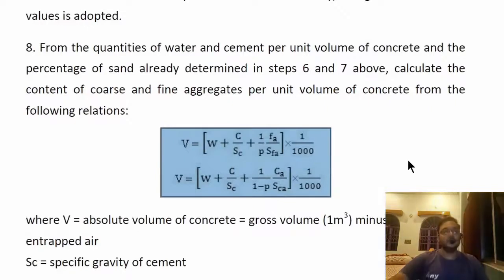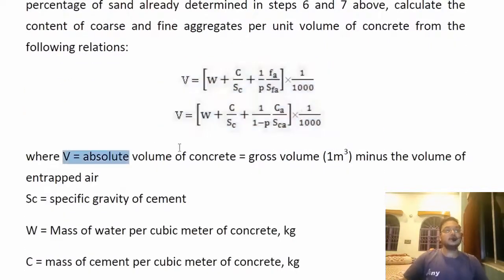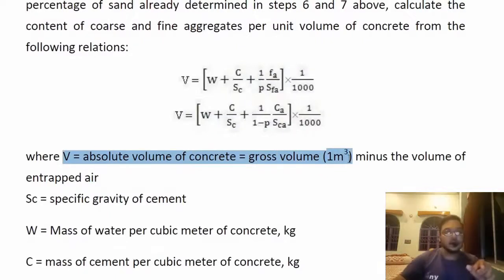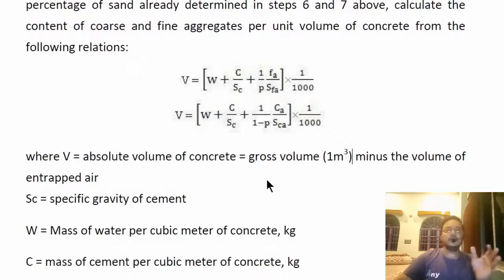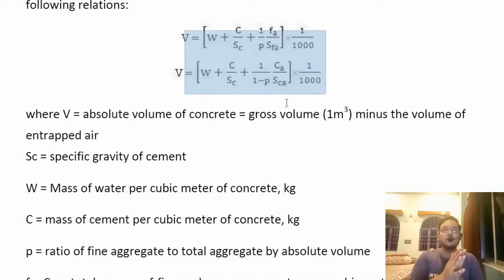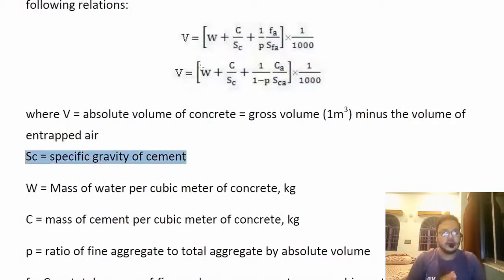So this relation will be used to get the content of coarse and fine aggregates per unit volume, where V is our absolute volume of concrete, which is equal to gross volume 1 meter cube minus the volume of the entrapped air. So we will also consider this. We will take a 1 meter cube sample, calculate for that, and subtract the amount of entrapped air, which we will try to estimate, and then